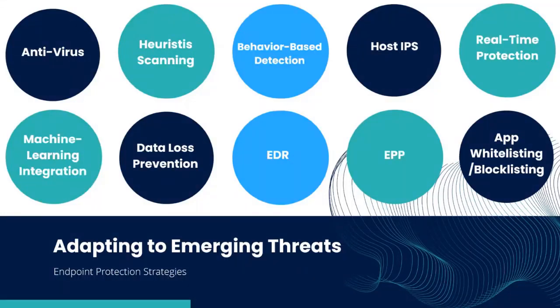And this led to the development of endpoint protection. Here we are talking about the history from antivirus to EDR, passing by heuristic scanning, behavioral-based detection, and different components that come into one package. So you can purchase an antivirus coming with a host intrusion prevention system, DLP, and application whitelisting and blocklisting. But our focus here is the antivirus and the EDR, which is specifically focused on the execution of malware or the detection of malware.